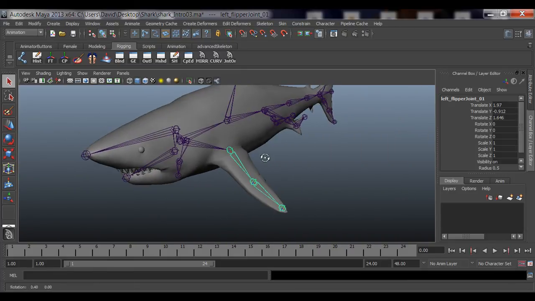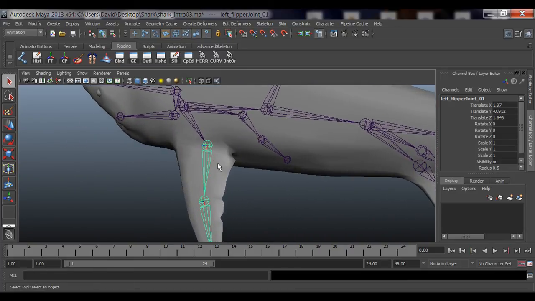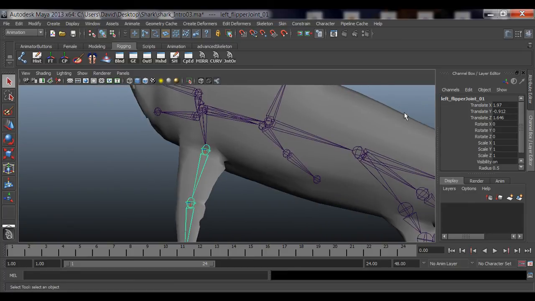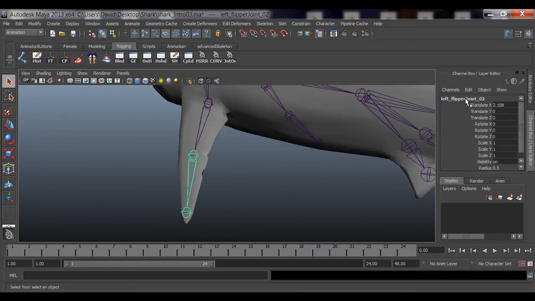Let's do the same thing for this guy. And this one's already done. Left flipper joint. Except I need to end JNT. So I'm going to get rid of this joint and just call it left flipper 01 joint. So I'm going to copy this. I'm going to paste it on this one and say left flipper 02 joint. And the last one, left flipper